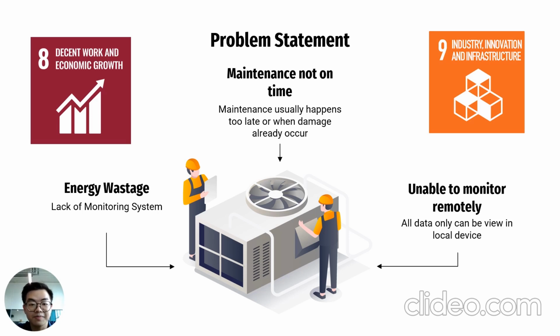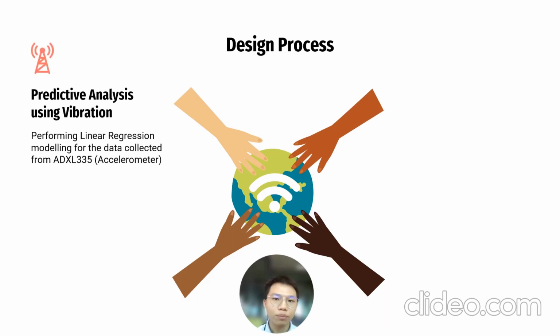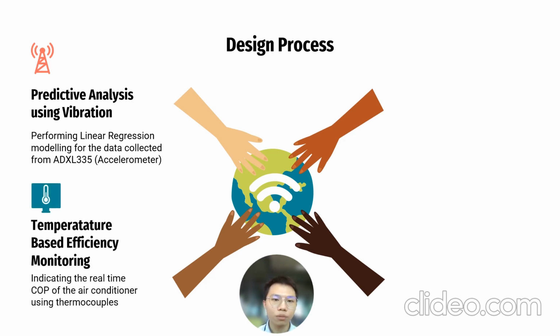Hi, my name is Karen and I'll start by explaining the design process of our project. To achieve the goal of our project, predictive analysis will be performed by collecting vibration data using an ADXL335 accelerometer. A linear regression model will then be applied to perform the predictive maintenance on the machine to allow for on-time maintenance. Then, temperature-based efficiency monitoring using thermocouples will be implemented on the machine in order to monitor the real-time coefficient of performance, or COP, of the air conditioner, which tells the user the ratio of cooling capacity to power input